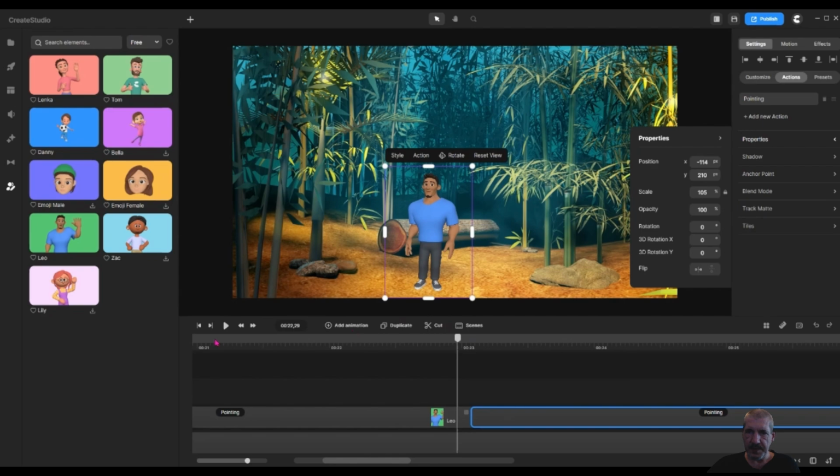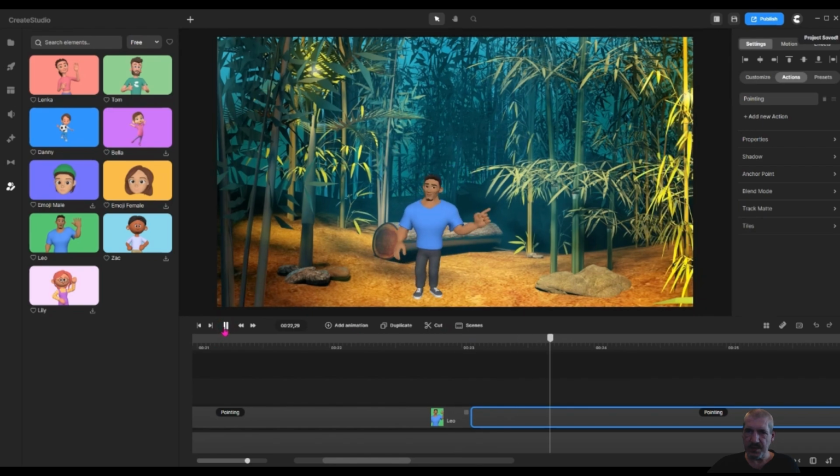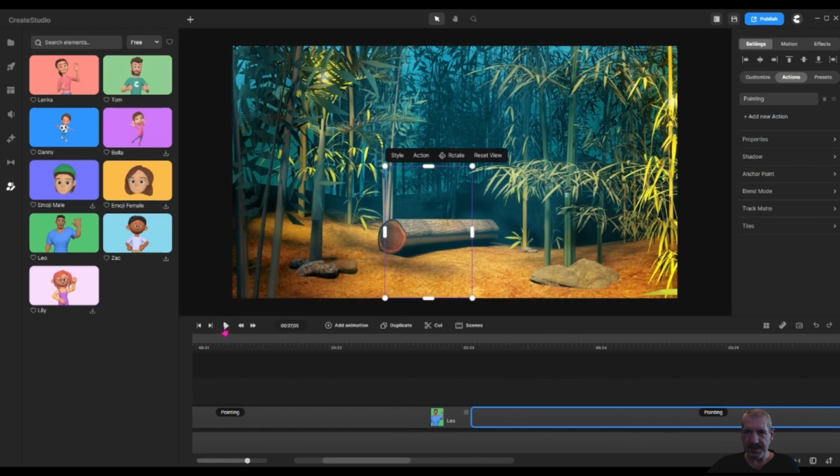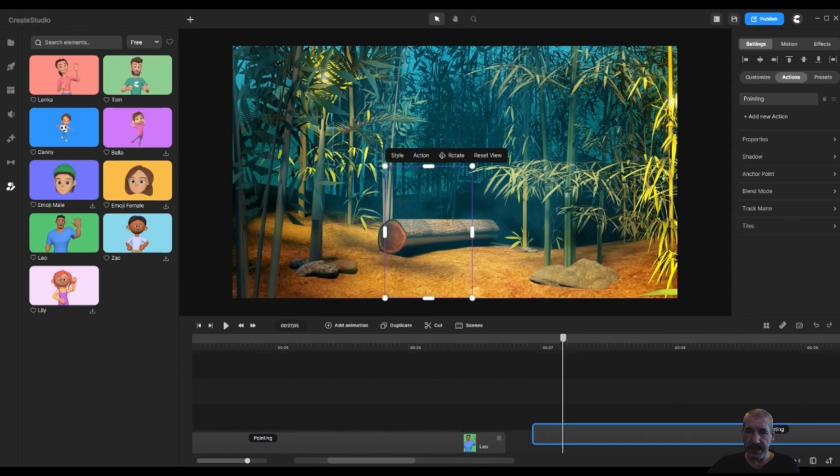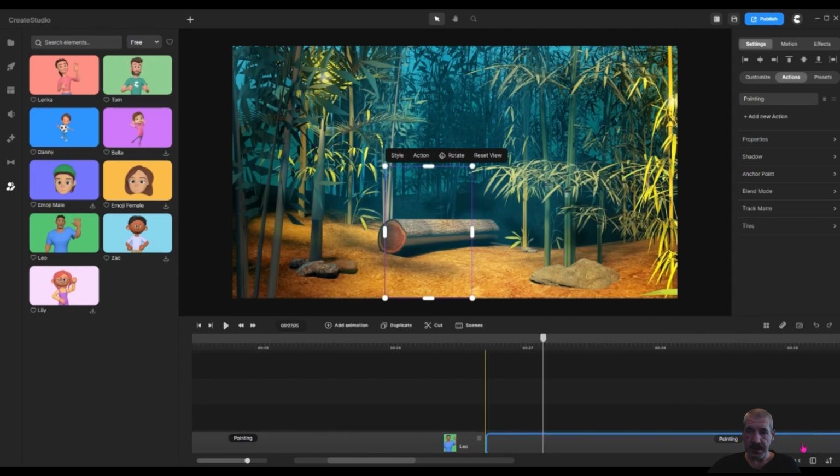Sometimes you add movements that don't really work, but it's okay. It's just a little waste of time, and you can just delete it and make a new movement. You can also add a lot more effects on each movement, but that will be for another time, another day, because Create Studio actually has a lot of options,